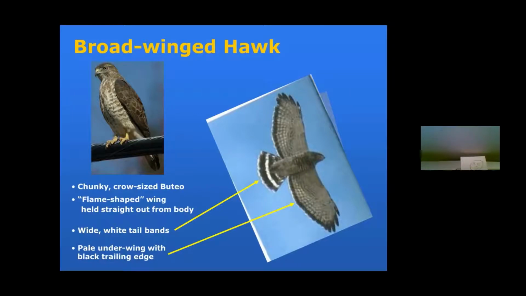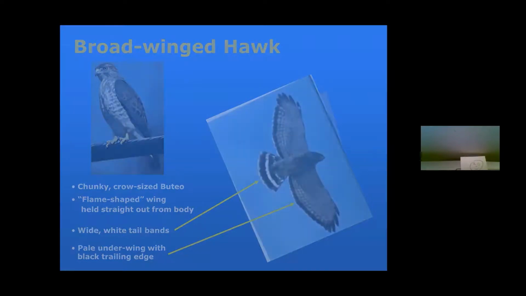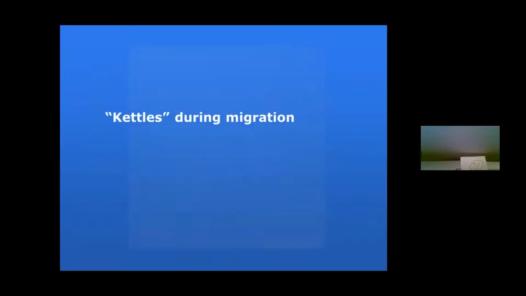Now, there are challenges with this bird. When you get into forested areas in summer, and you have breeding red-shouldereds and breeding broad-winged hawks together, young birds can look very, very, very similar from a profile, when they're sitting, not when they're flying. We'll talk about that in a second.